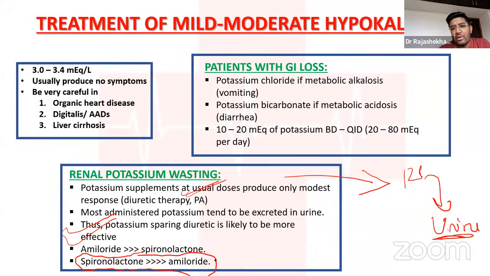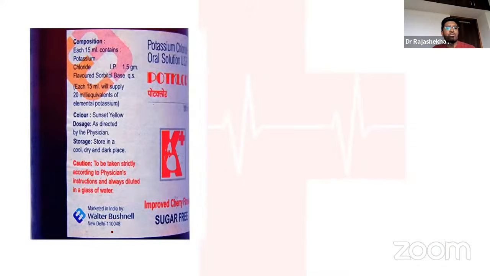If the patient does not have hyperaldosteronism and it is some other cause, like if the patient is having RTA or Bartter-Gitelman, then amiloride is preferred over spironolactone because of better tolerability with amiloride, as it directly inhibits the ENaC channel also.